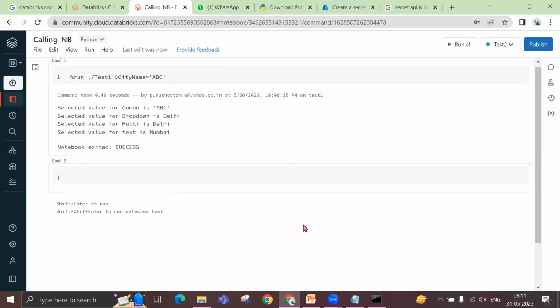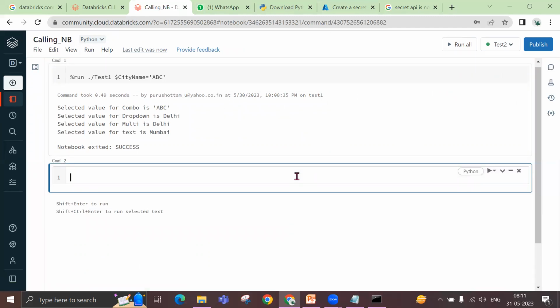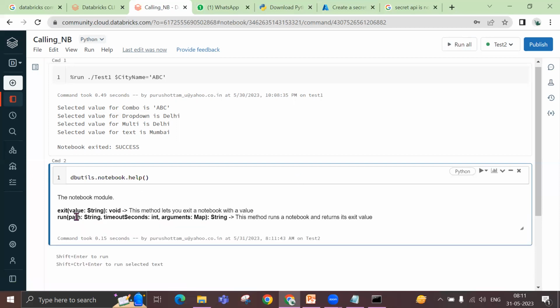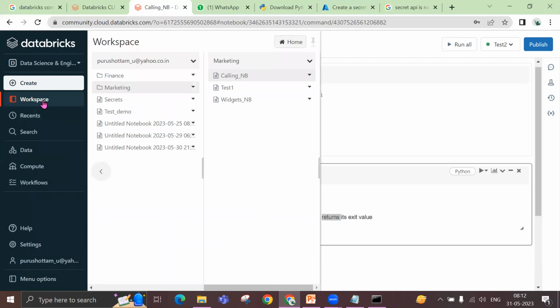Okay, so in one of the examples, we thought we will take it up later. For example, dbutils and notebook. So the run command, right? How to run a notebook from another notebook, right? This method runs a notebook and returns its exit value, right? So now if I go back and